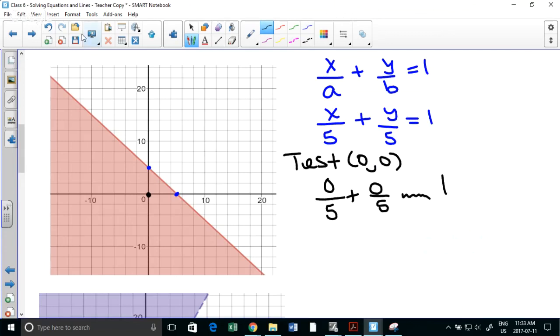You have two options. Either you're finding the rule as y equals ax plus b, or you're using this. It doesn't matter what you use. With symmetric form, it's just the x-intercept and the y-intercept. So the x-intercept goes here, the y-intercept goes here. That's it. That's symmetric form. So you take wherever it hits the x-axis and wherever it hits the y-axis and plug those numbers in.